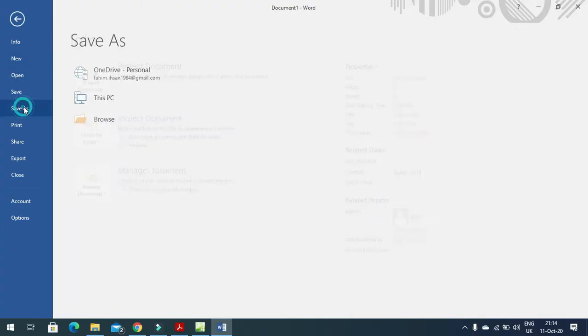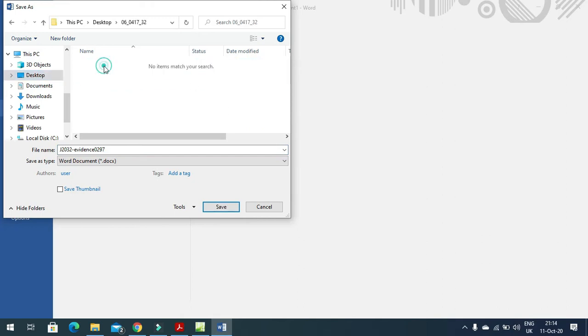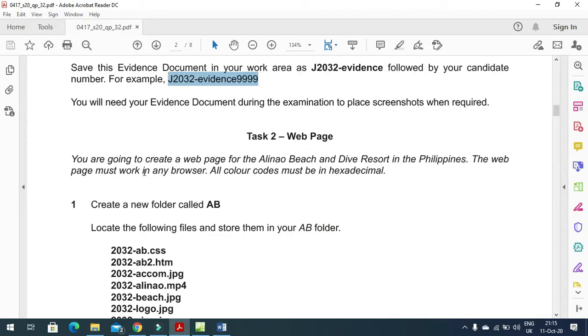File, save it with the name as they have mentioned. At the end I will type my candidate number. We'll go to desktop and save it into the folder where my other files are. When it is saved, the next step is to create a web page